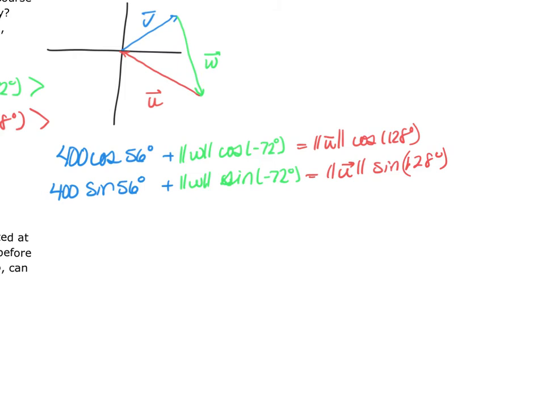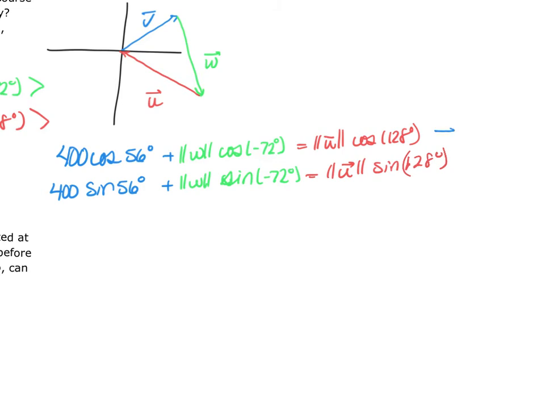So 400 multiplied by, oh, let's make sure that we are in degrees. And I'm not, I'm in radians. Make sure you're in degrees, because otherwise that will totally mess you up. Okay, so 400 times the cosine of 56 degrees